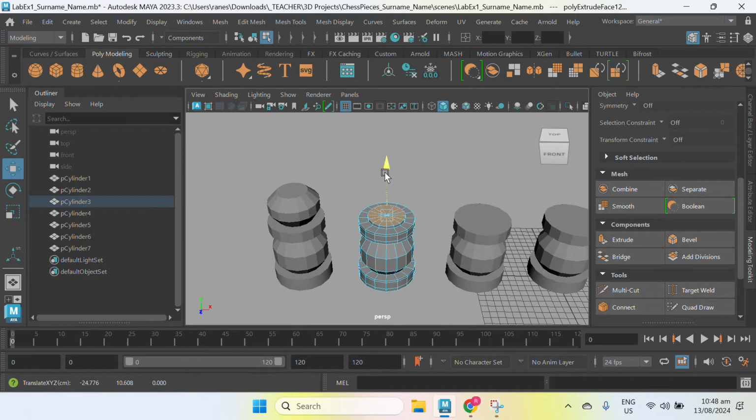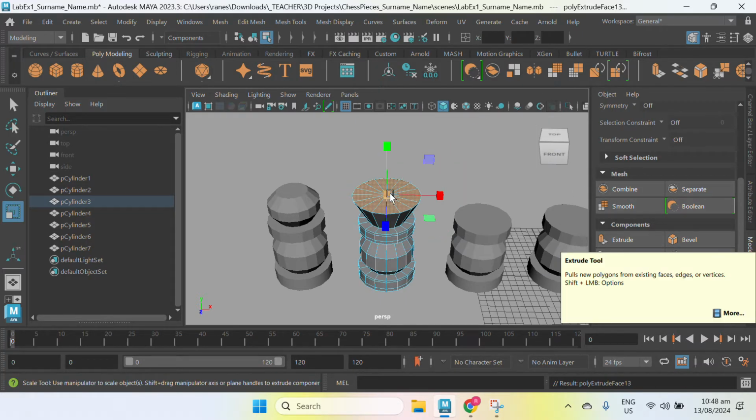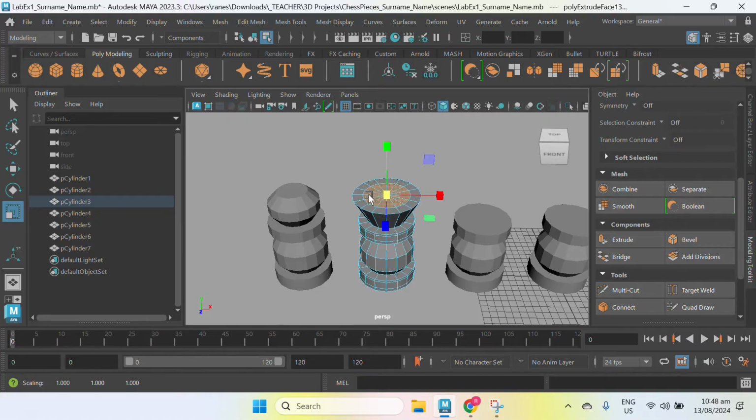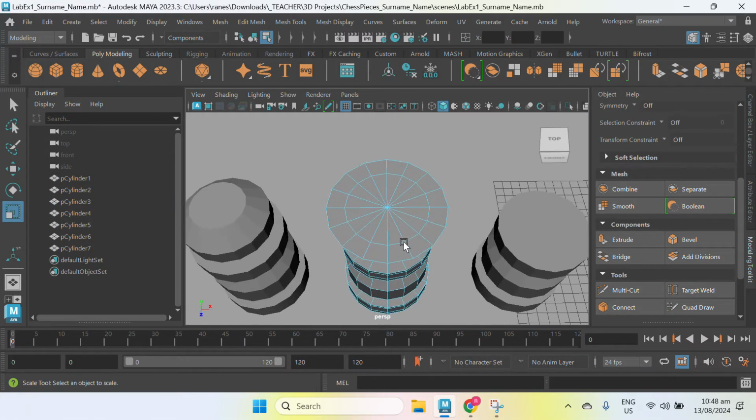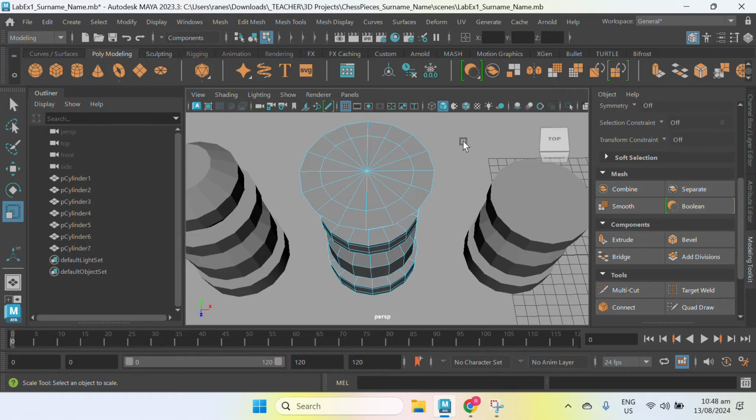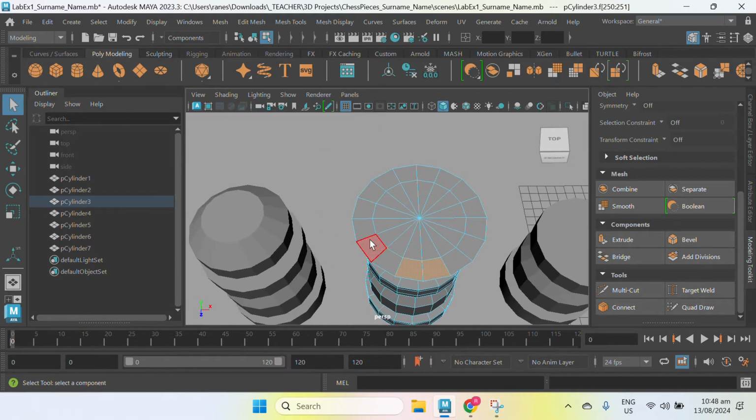extrude W, arrowhead upward, rescale, click and drag to the right. Next, extrude, rescale, click and drag to the left. Now here, I'm going to select every other two faces. So I just click outside, and then here, Q for select tool, shift select. Next, skip these two, select these two faces, and then skip. Select these two, skip, select these two.